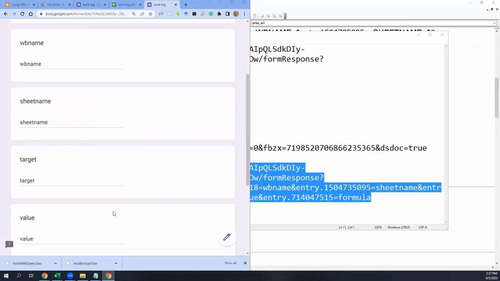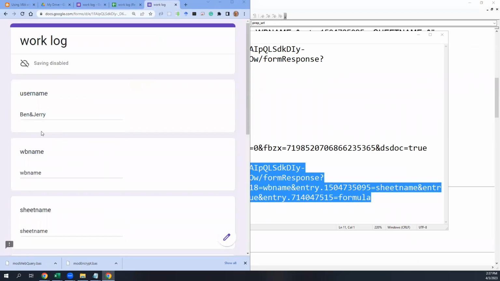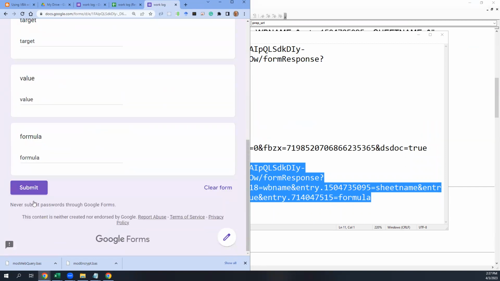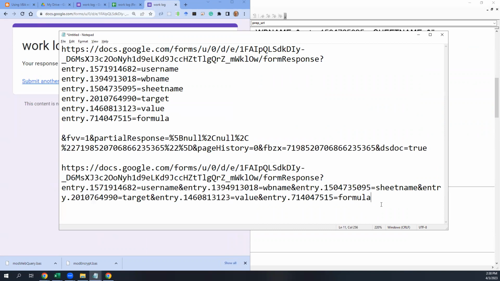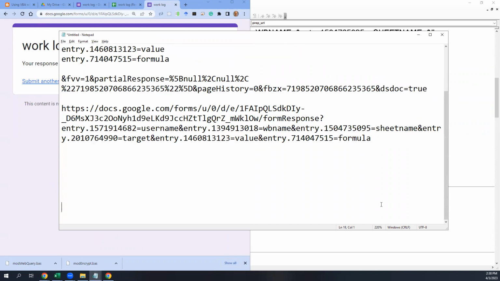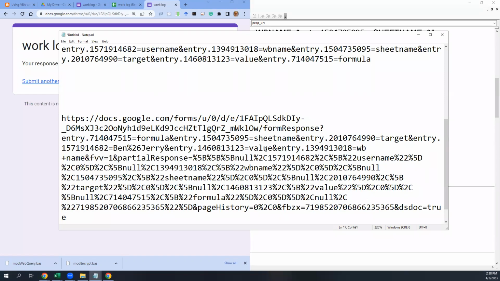Okay, so now let's do that. I'll also put a space in. So we'll look at the space, look at the ampersand. I guess that'll be enough. You'll get the feeling. I'm going to copy that URL so we can see what it did. Okay, so here's the sheet